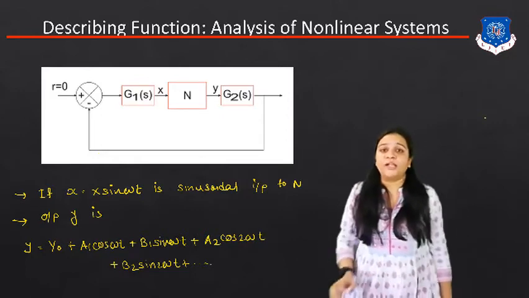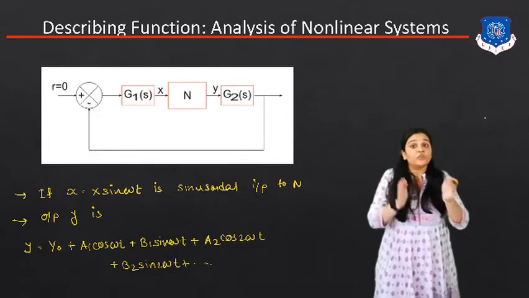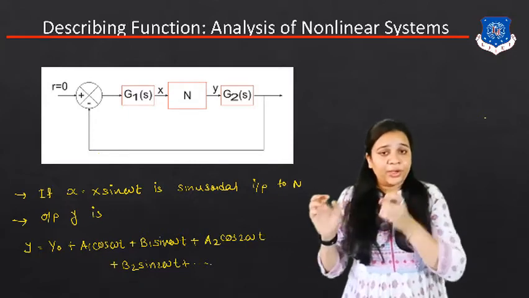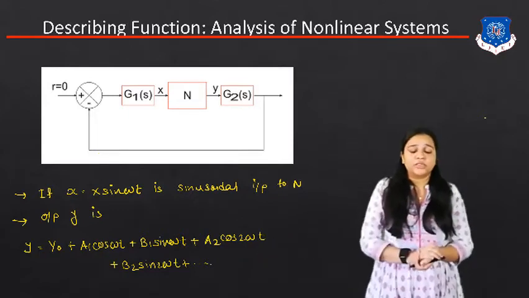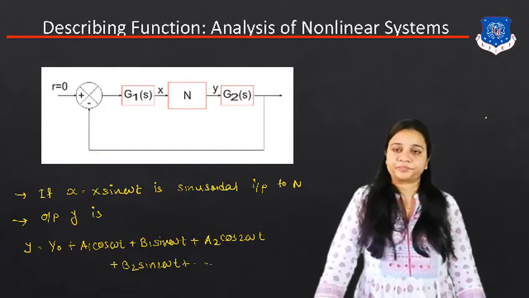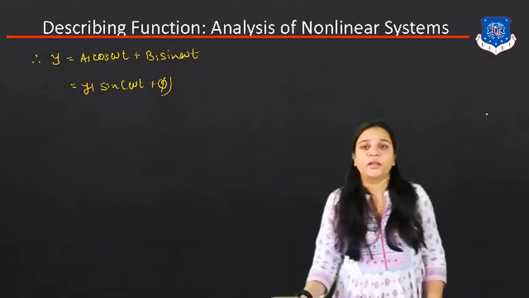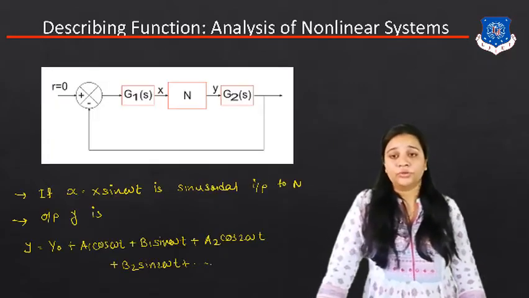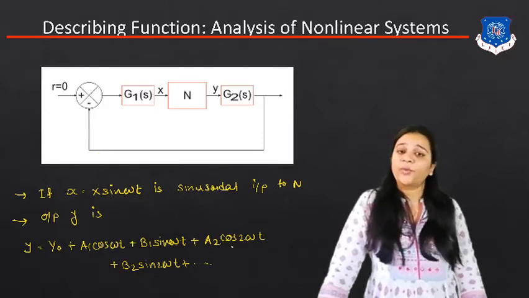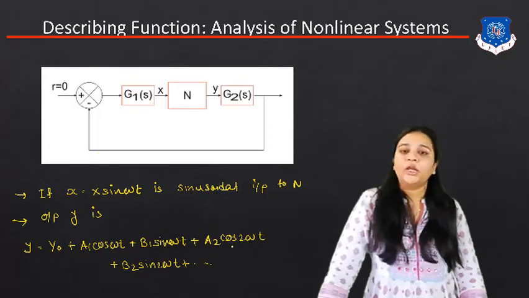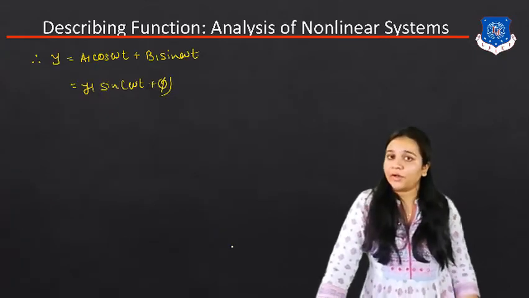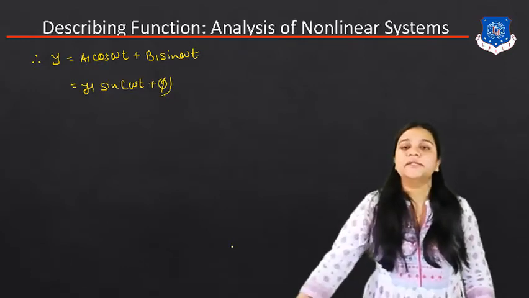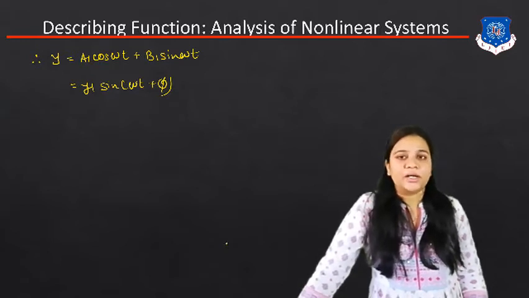Now we have to find the describing function for the nonlinear system. So we have to find some general equation for the nonlinear system, and for that, up to now, for this system, we have to consider only the low pass filter component. So our equation will become y = a1 cos ωt + b1 sin ωt. Here you know that the equation of y goes up to infinity, but we have to consider only the low pass filter component. So the equation will become y = a1 cos ωt + b1 sin ωt, that is equal to Y1 sin(ωt + φ),